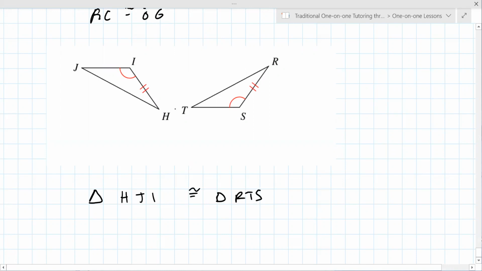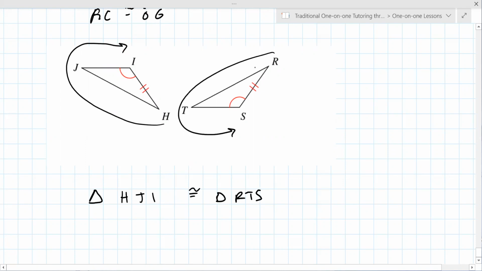Yep. Okay, so H to J is going along that path there. So you're saying that path there, and then R T S, kind of that path there. Yeah. So R to T to S, looks good. Okay. And then H J is